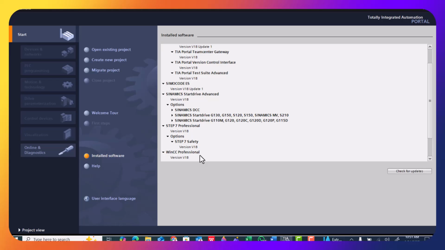Okay, so WinCC Basic and WinCC Advanced fall under your situation where you want to work with HMI. You can't do beyond HMI with WinCC Basic and Advanced. WinCC Basic has a set of HMI devices that can work with it, and then Advanced has more. It can do all that WinCC Basic can do, and then supports more HMI. But with WinCC Professional, you are able to do all your HMI and your SCADA. I hope